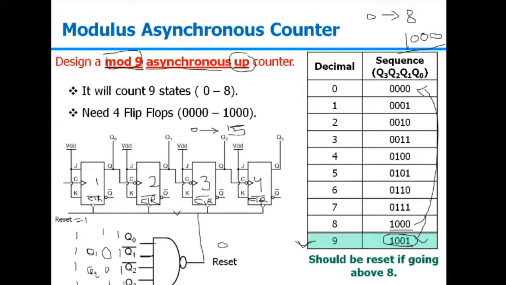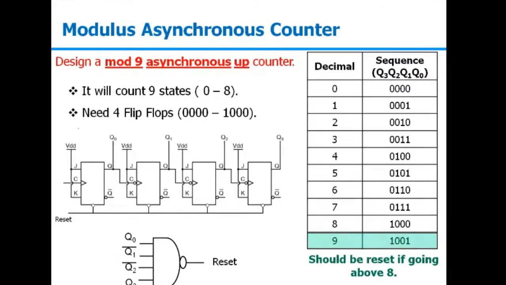Similarly, suppose you want to design a mode 5 counter. For a mode 5 counter, we just need 3 stages, so we just need these 3 till here only. No need to go for Q3, because mode 5 means a total of 0 to 4 stages, and 4 is 100. So I need only 3 stages for mode 5. It counts from 0 to 4, and whenever the 5th stage comes, it should be reset. So I will be using a NAND gate again.